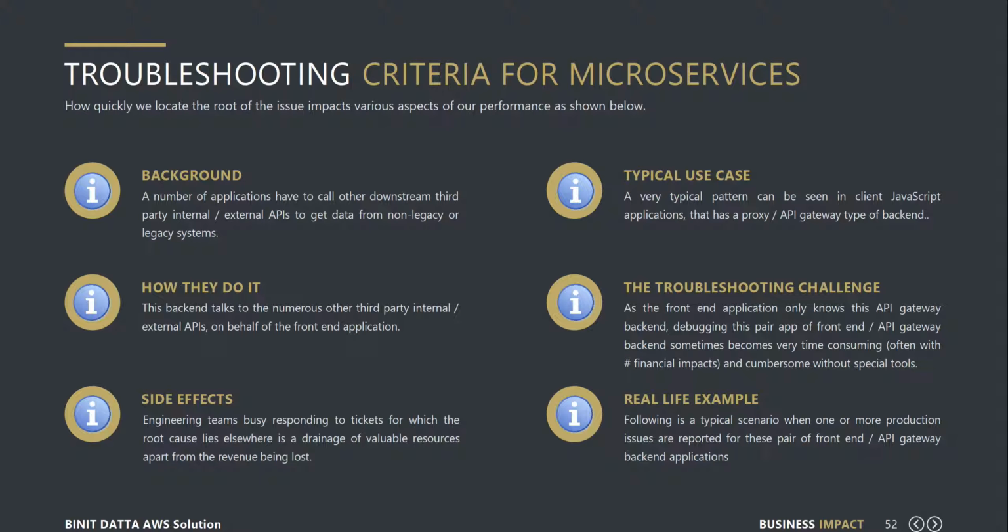Background: a number of applications have to call other downstream third-party, internal, or external APIs to get data from non-legacy or legacy systems. That's our requirement, and we cannot change that. Just going to microservices does not change that. Even going to microservices makes it more so, as our individual microservices call other microservices. How they do it: this backend talks to numerous other third-party, internal, or external APIs on behalf of the front-end